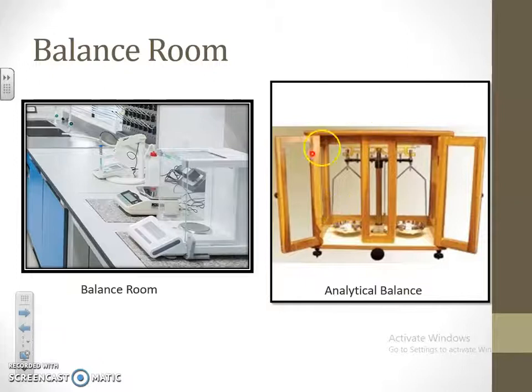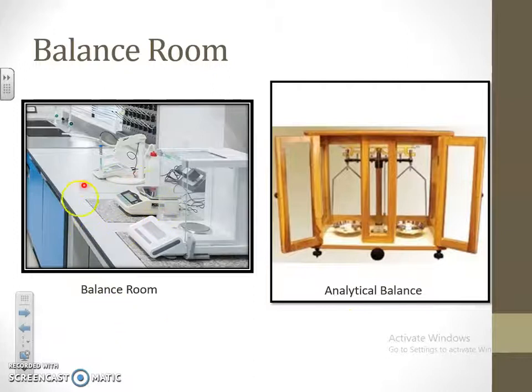The 2-pan analytical balance has a wooden cupboard, a closed chamber, in which the 2-pan balance is kept. Normally we keep the measures or weights on the left pan and the substance to be weighed on the right pan, to ease handling, so that we can add and withdraw the chemical with the right hand. Ideally the substance to be weighed is kept on the right pan of the analytical balance.